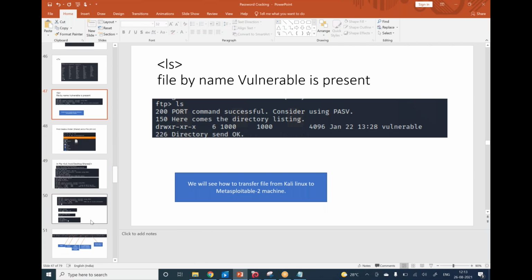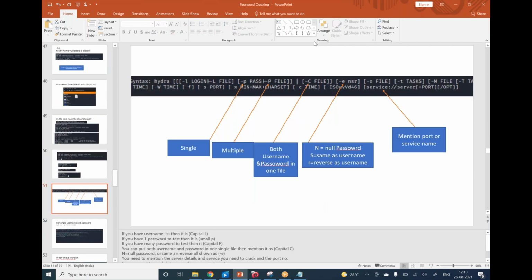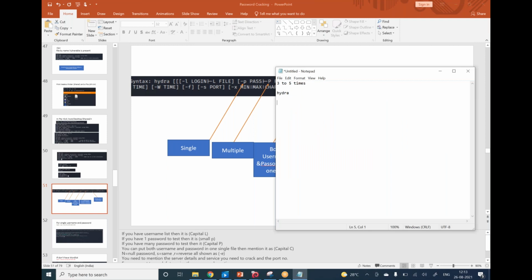Okay, let's go some more. This is the syntax. If you have time, just go through it. Now say I do not have any word list. Okay, so scenario 1, I do not have any word list. Hope you're able to see the notepad.